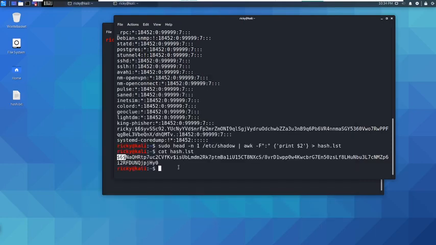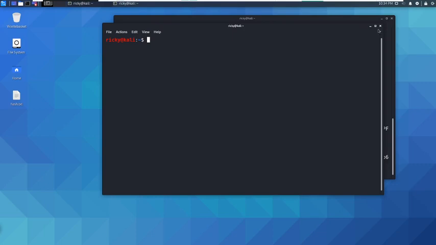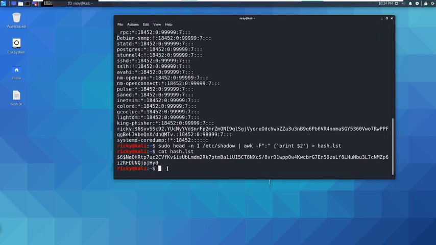Once we have done this, we will feed that into our hashcat. You can run hashcat from here also. Sudo hashcat, and then I put what method I am going to use, -m. As we saw previously, -m is which hash method we are using, the hash mode.